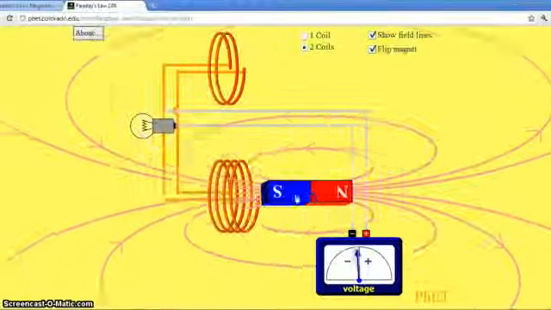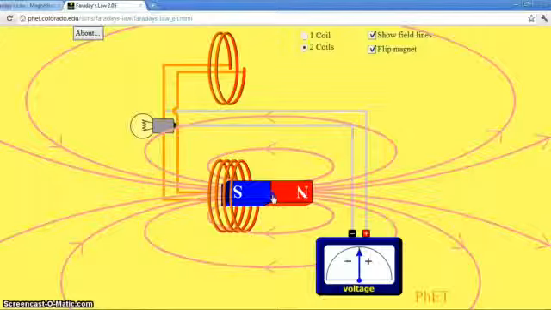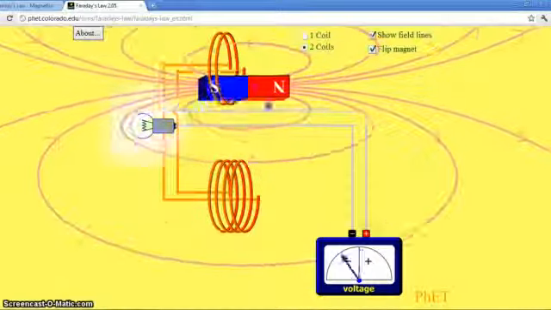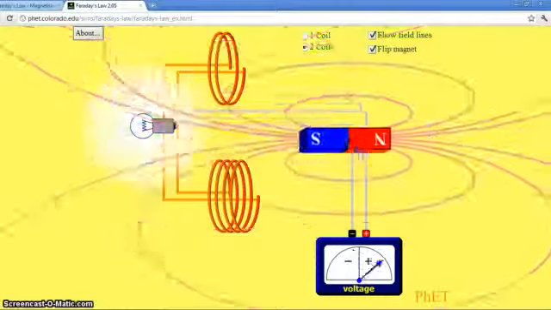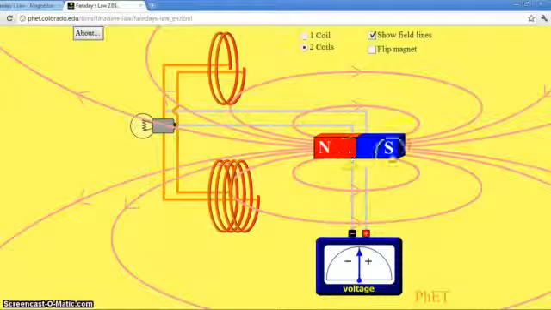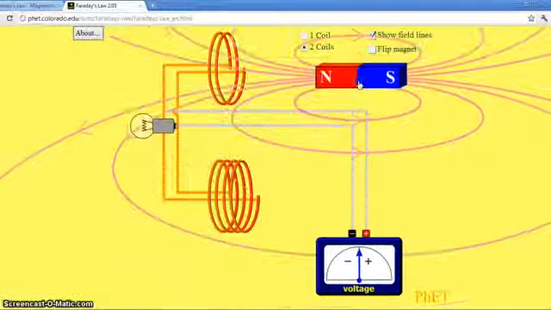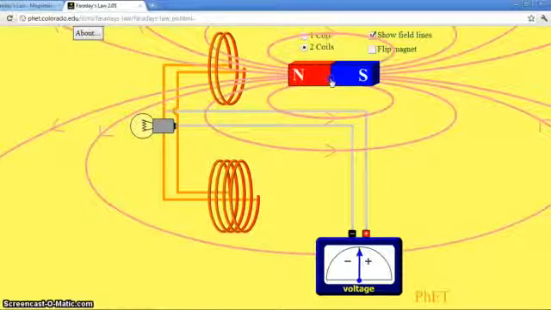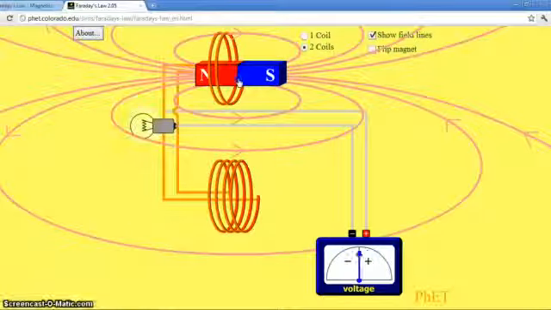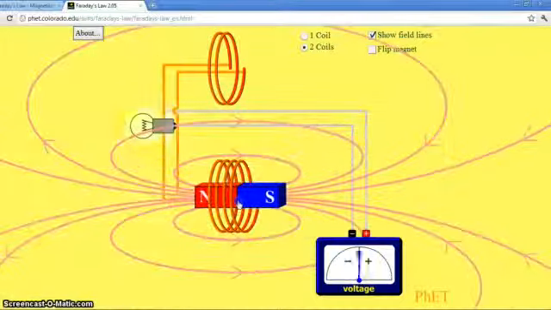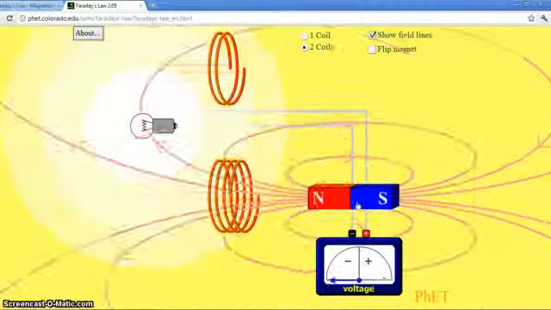When the magnet is drawn towards the coil, the needle is moving along the magnet. Now if we change the polarity, we flip the magnet. Now the north and south poles are exchanged. Then the needle deflection is observed opposite to the previous case. Let us observe that. When we are moving the north pole towards the coil, the needle is showing a deflection in the positive direction. In the second coil also, the same results are observed.